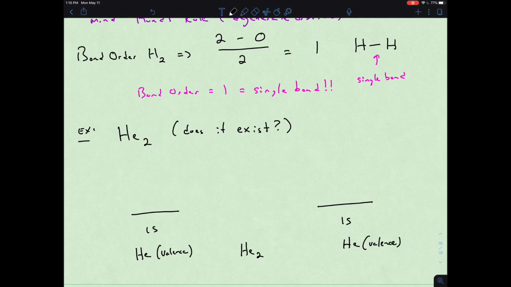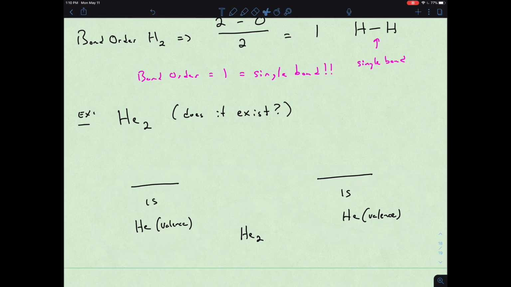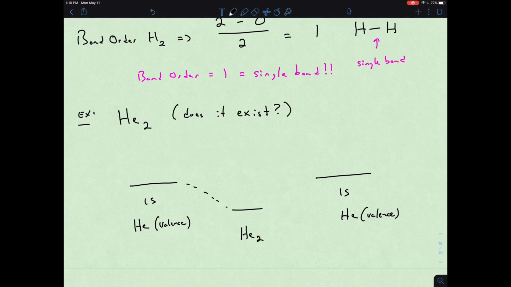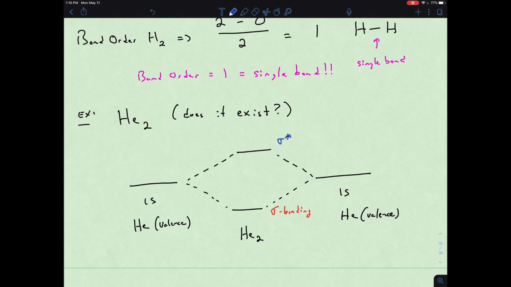Then we would have the diatomic helium in the middle. We would see a lowering of energy and a raising of energy, by the same amount, to generate our sigma bonding and our sigma star